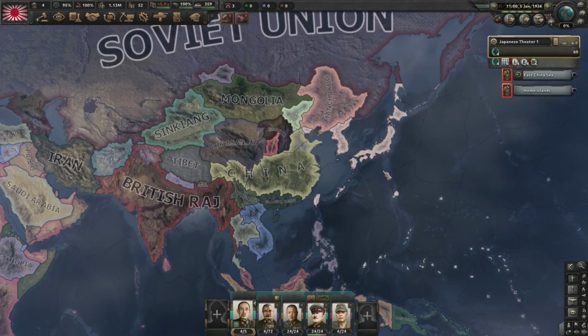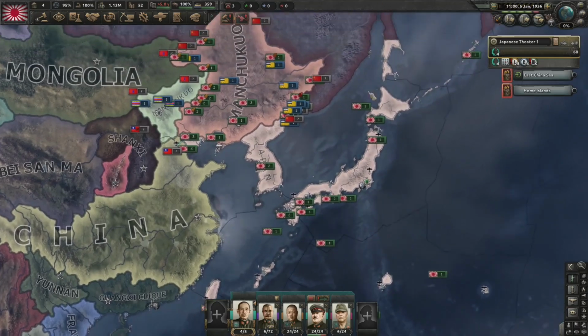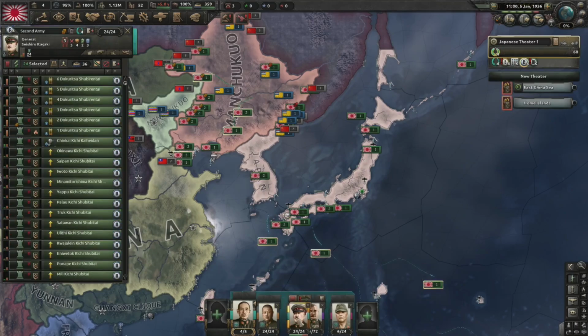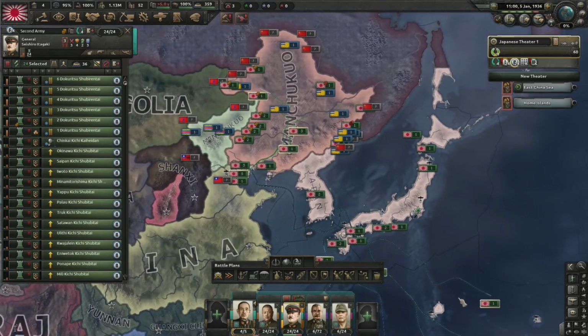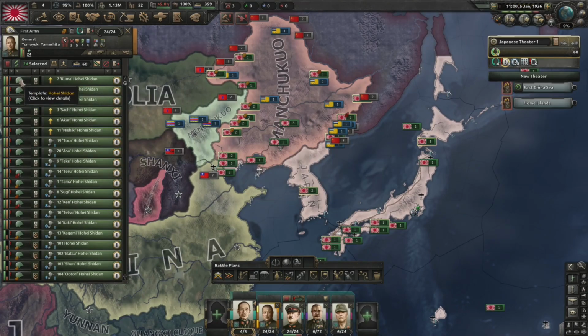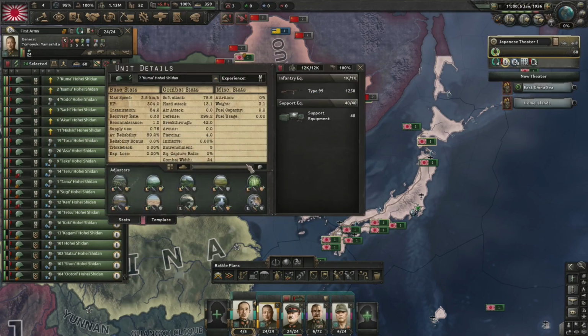Okay, this has taken an excessive amount of time, but I think I have sorted things slightly the way I want them to. So, let's begin with our army organization. We've got the first army, which I've converted completely into the infantry template. We still have to adjust that infantry template a little bit, because right now